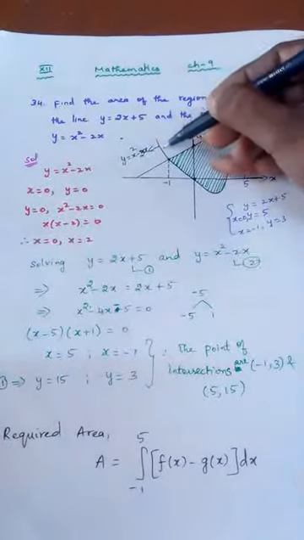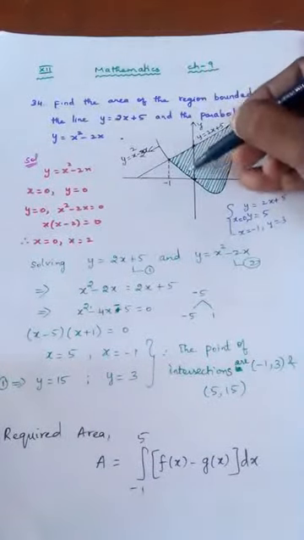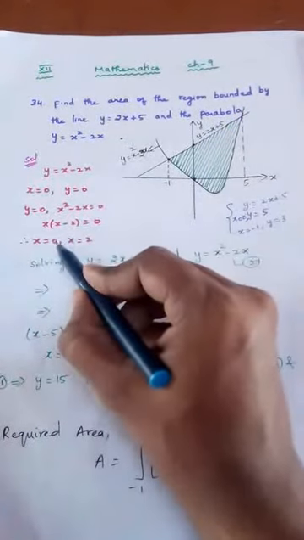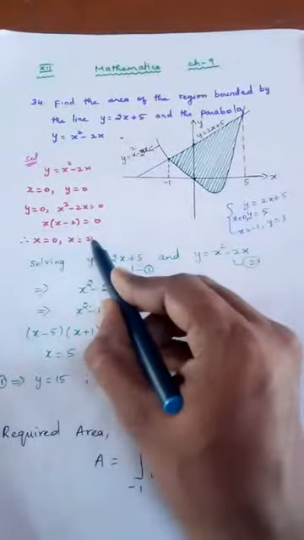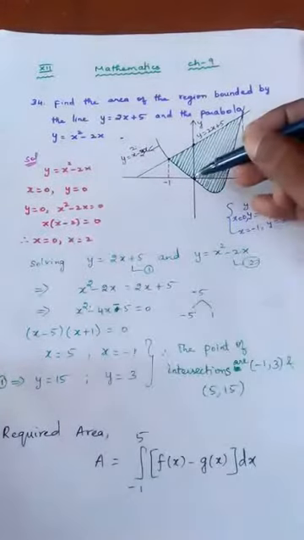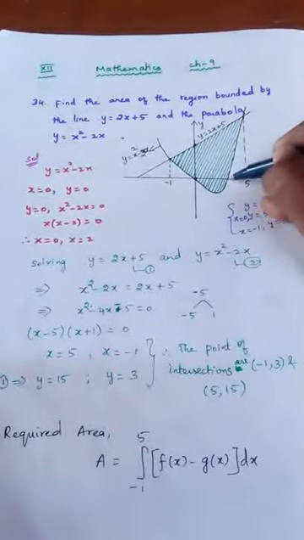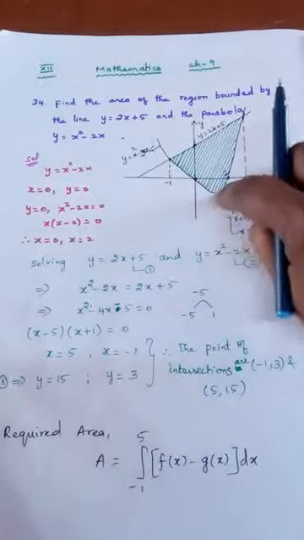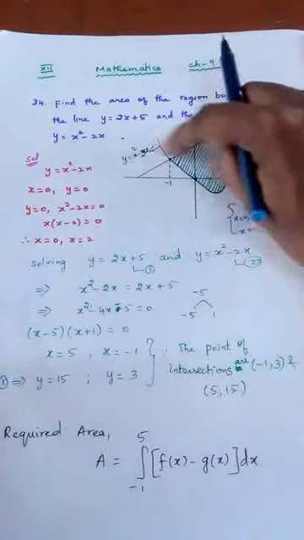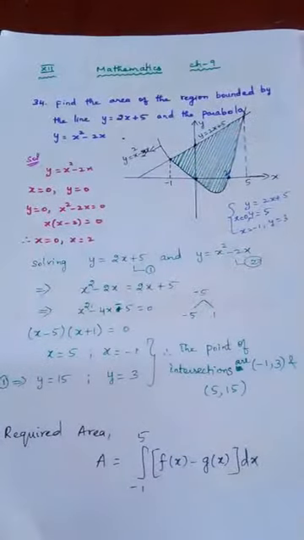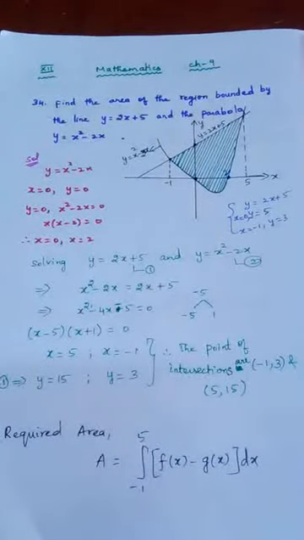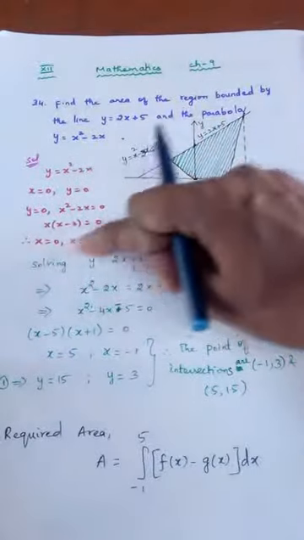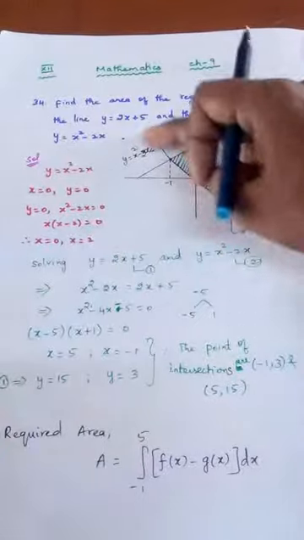So if I draw, the curve will pass through origin, also it goes down because it cuts the x axis at 0 and also it cuts the x axis at 2. So I am drawing like this, and this point is nothing but 2, because it meets the x axis again at 2. So we can draw the curve like this. Hope you will understand this. So just using these simplifications, we have drawn the curve.